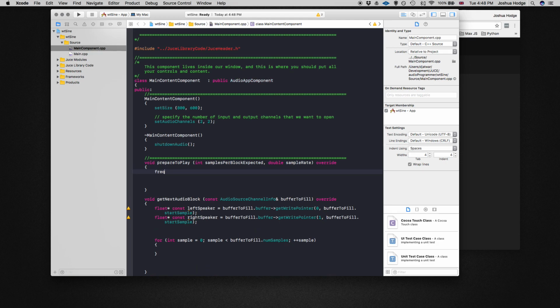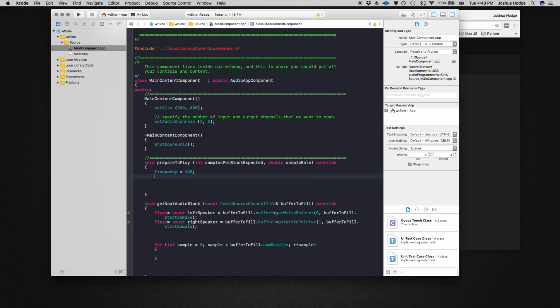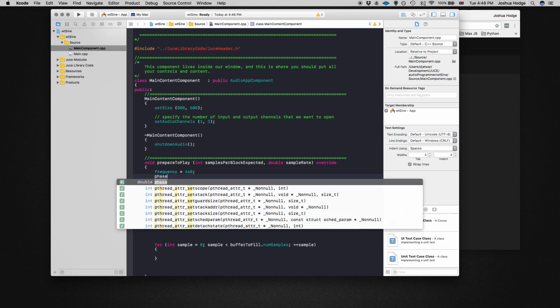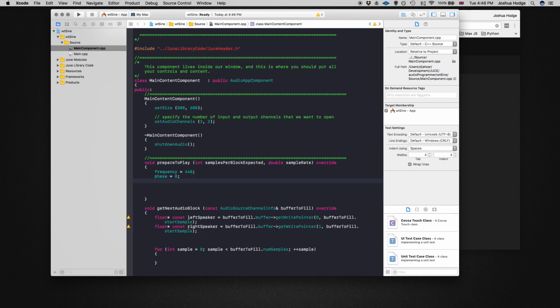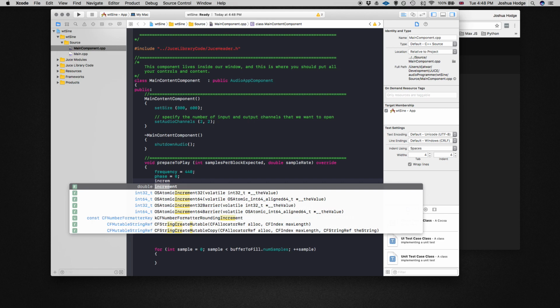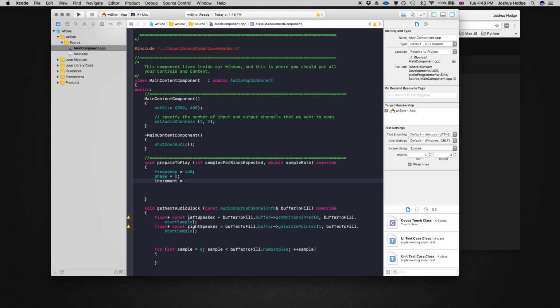So frequency, we're just going to make 440 hertz, just middle A. Phase, we're just going to start out at 0. Then we come to this question of increment. How much are we going to increment by? I want us to think about this rather than just throwing the formula out to you. We're just going to think about this for a moment. So we have a frequency, right? So what we need to do is define how